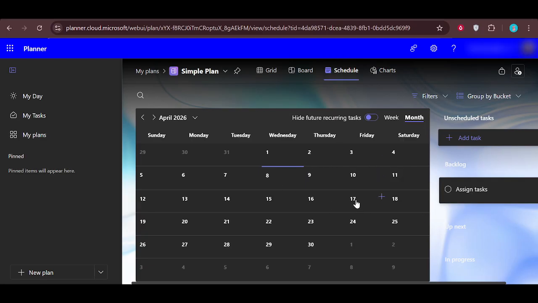The key idea is that by starting with Create New Plan and then choosing the schedule template, you've laid a solid foundation for a structured, time-based project plan directly inside Microsoft Planner. That's all you need to get your Microsoft project-style schedule started from scratch in Planner. Once this basic setup is complete, you'll be ready to build out your tasks, track deadlines, and manage your